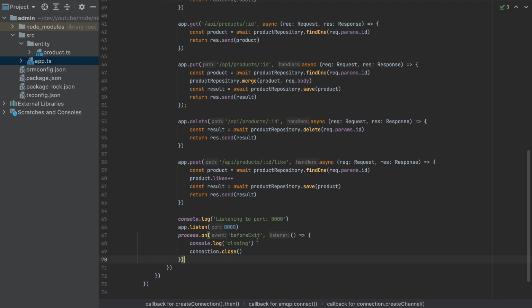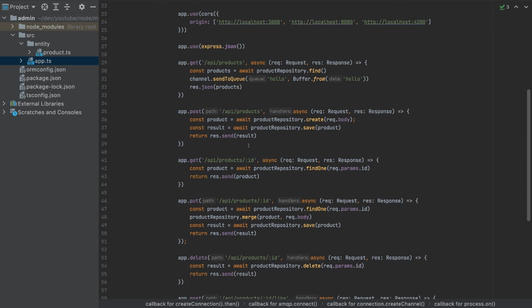So we have to stop the RabbitMQ connection when our server stops. Everything is correct. Now let's send events